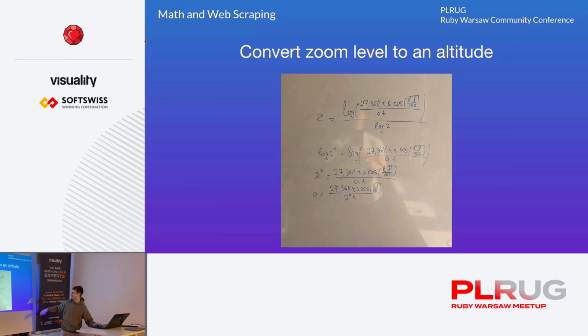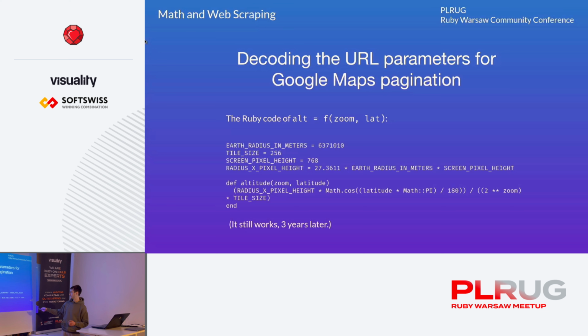Pixel height multiplied by cosine of latitude multiplied by pi divided by 180 and other stuff. And here is the stuff I told you about, the LL parameter. So LL is the parameter that starts with an @ sign, then a float number, comma, float number, comma, zoom level